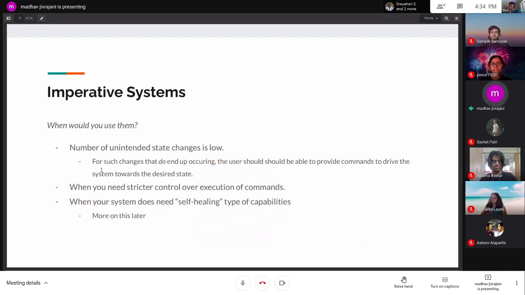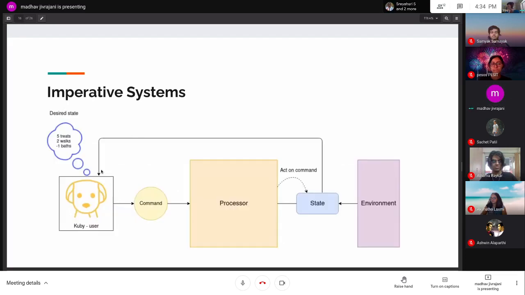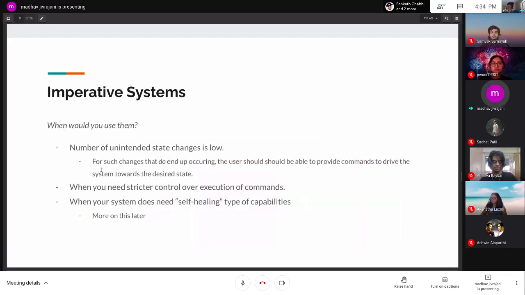So when would you use such a system? Basically, when would you use an imperative system such as this one? A good example of this would be when the number of unintended state changes is low.